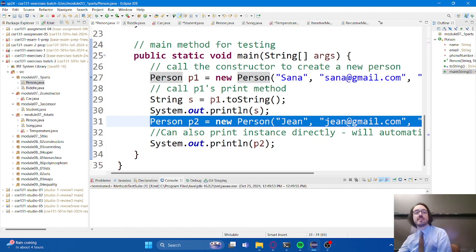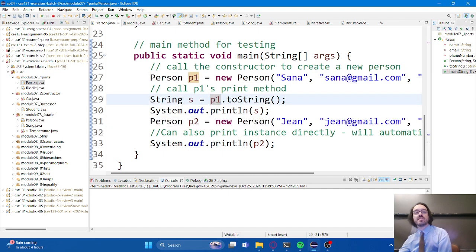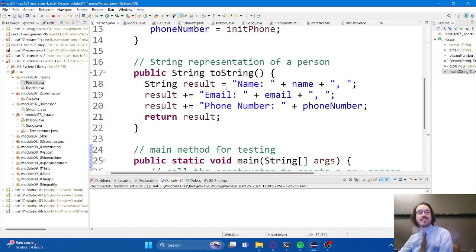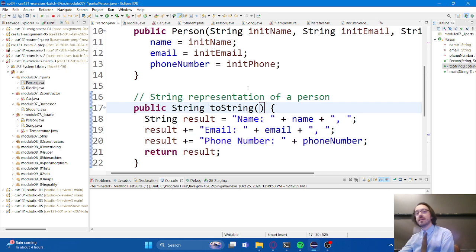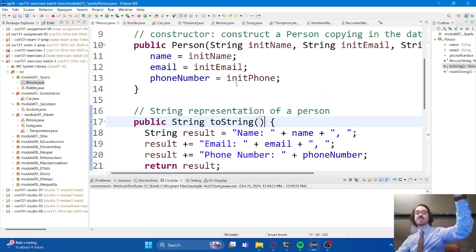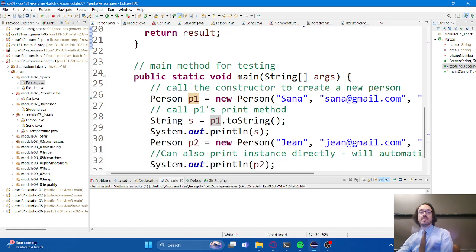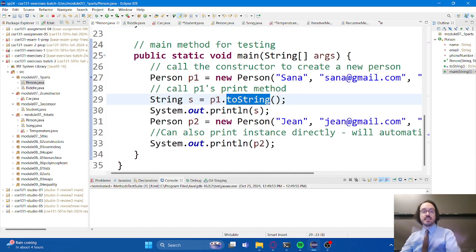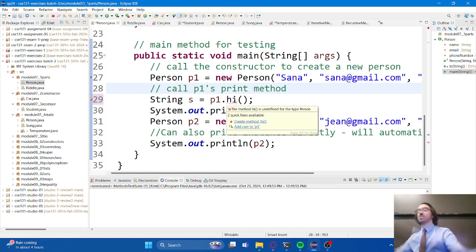The way that works is we say the instance name first. Here I'm using p1, followed by a dot, followed by the name of a method that exists within this class. And you can see that there's really only one for us to choose from here. It's called toString. But if there were other methods in this class, I could use those as well. If I try to use a method that doesn't exist, Eclipse is going to say, hey, I don't see that method.